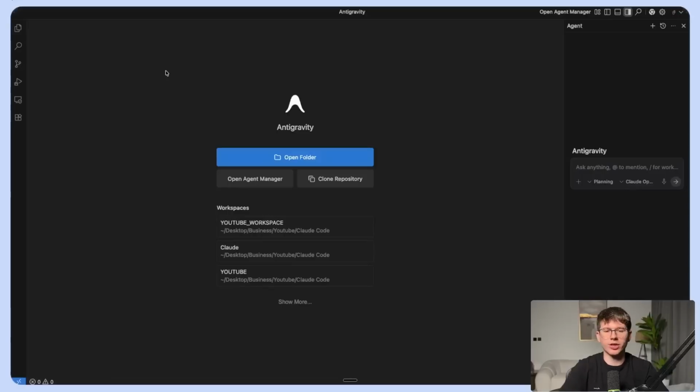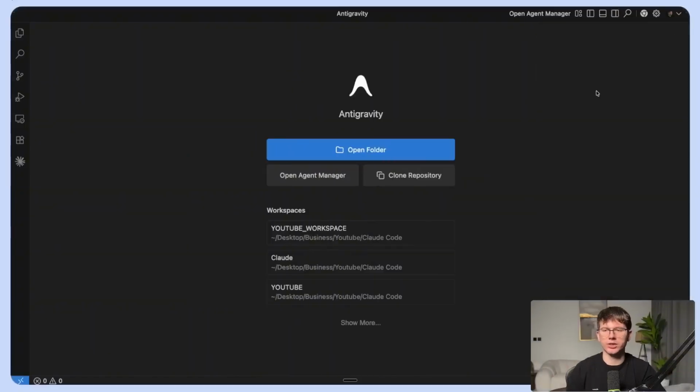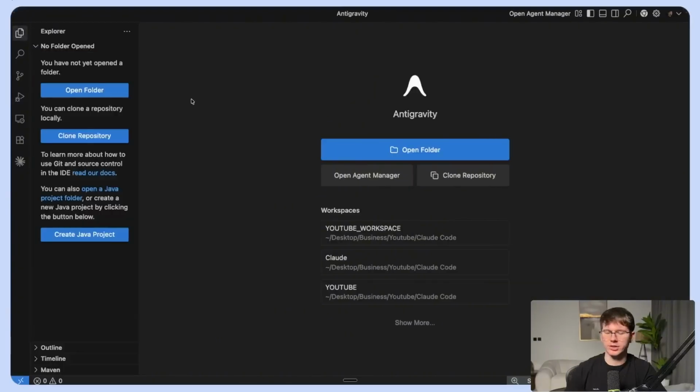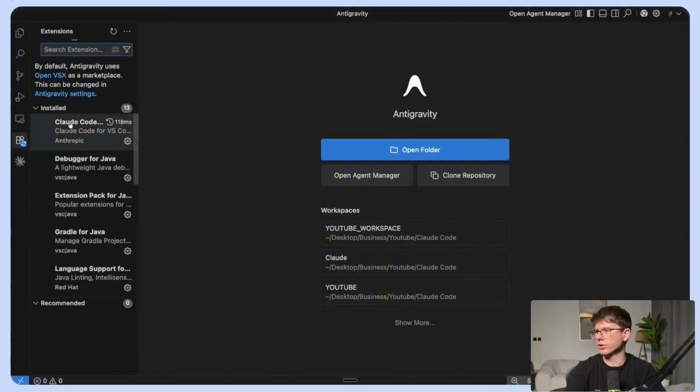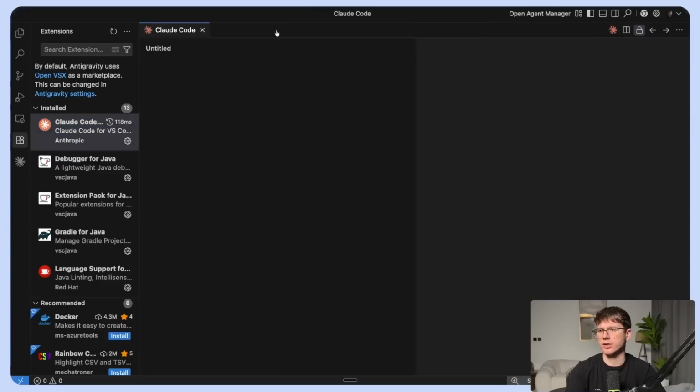And once you get to anti-gravity, you will get on a page that looks like this. So very similar to the one that we had at VS Code. On the right-hand side, you have the IDE's AI, so anti-gravity's AI, which is the agent here, which is similar to the one that we had in VS Code. And on the left-hand side, you have the folders, so the same thing as VS Code right here. And then we have the extensions. We can go to Claude Code. You can simply install if you haven't installed it. I already did. And once you have it installed, you can press this button right here and you can start